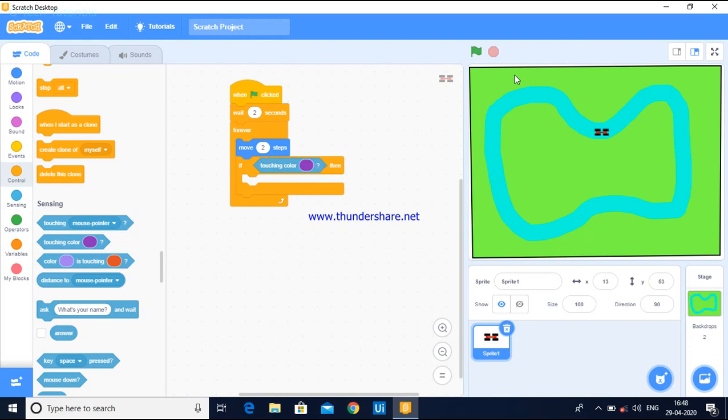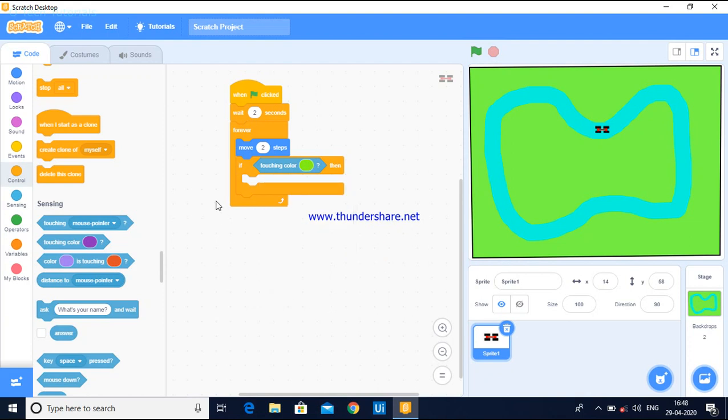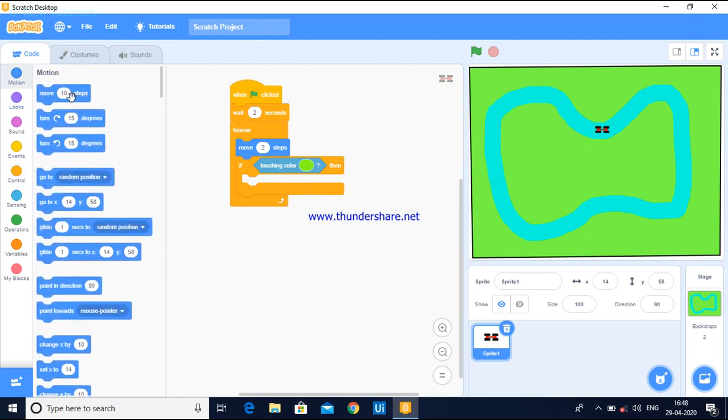And here we have green color, so that's why I'm changing this color to green. Okay, after giving that, there should be a penalty, right? If it touches the green, the penalty should be move 3 steps backward, means -3. Okay,